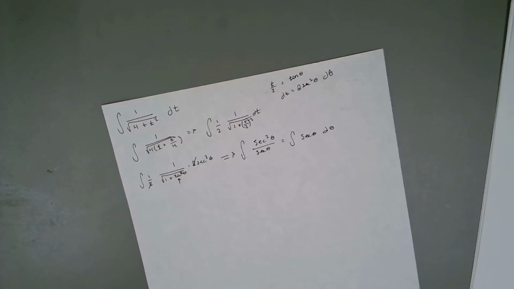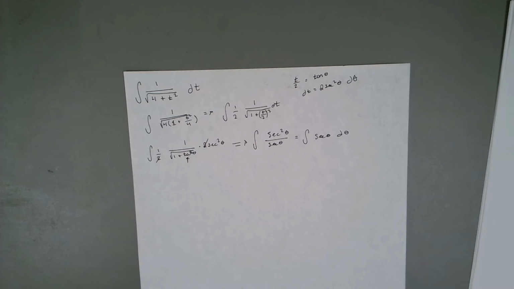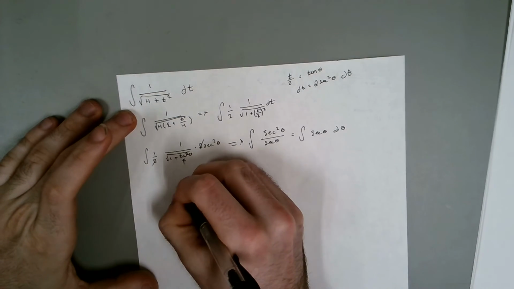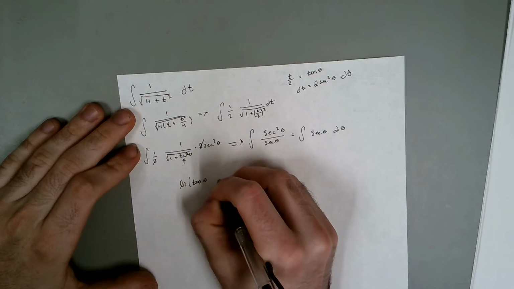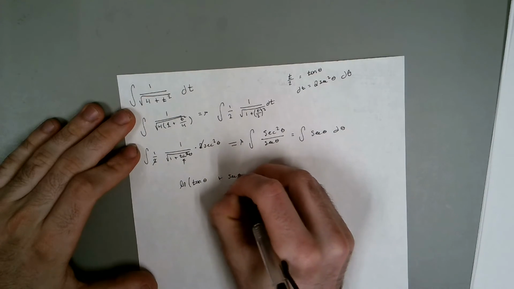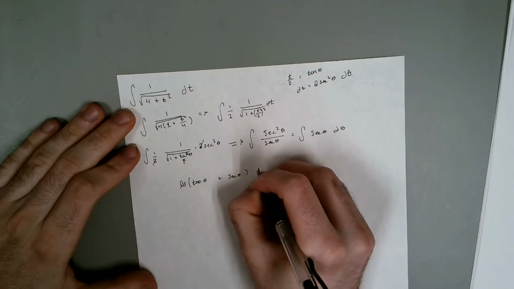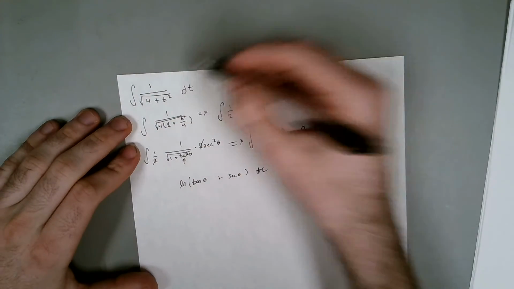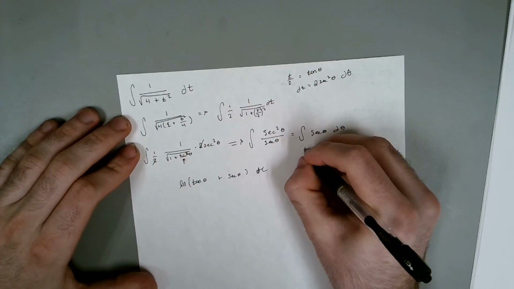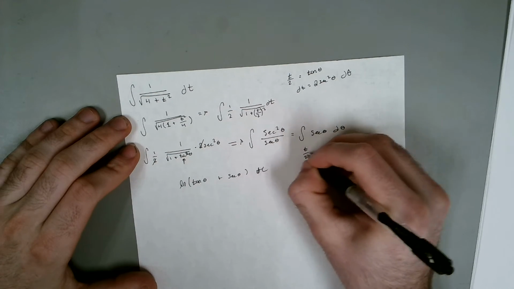And as we saw in the last video, or a couple videos ago, the integral of secant theta is something that we know. It's going to be ln of tangent of theta plus secant of theta plus c. Right, but we can actually figure out values in terms of t. Our arctangent of t over 2